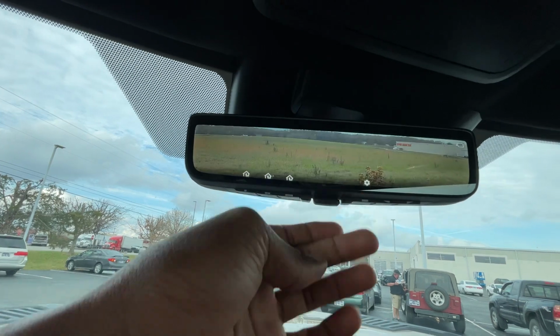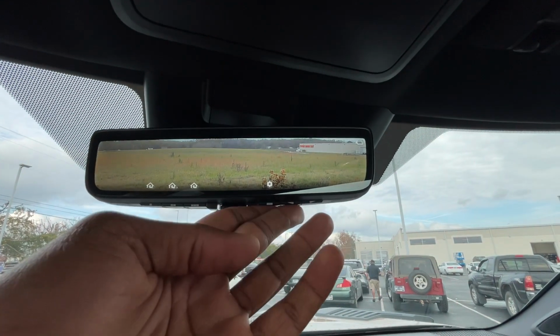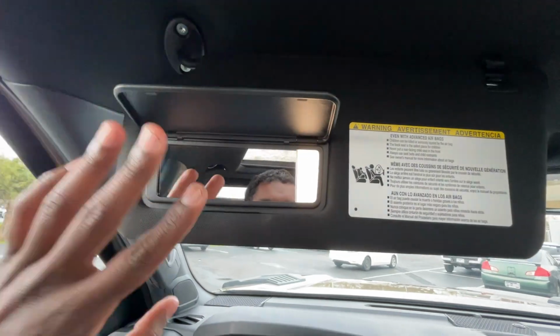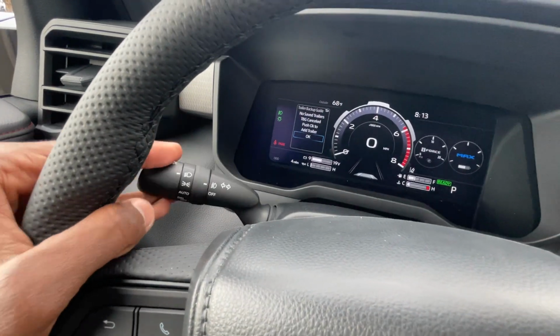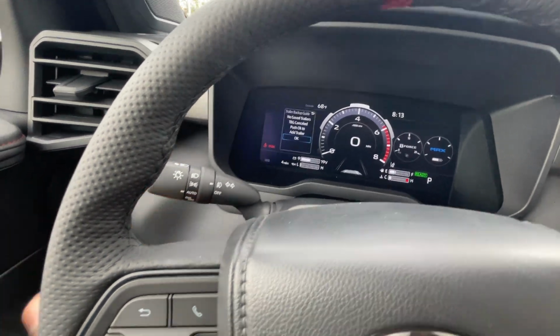We get a rear camera mirror here. Garage door transmitters are on this side, and then the settings for the mirror are on that side. Sunglasses holder there, pretty nice size. Vanity mirrors here. And then back to the steering wheel, blinkers, high beams, flash, fog lights, auto, and then you